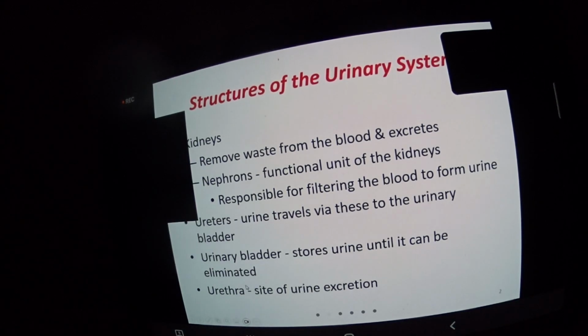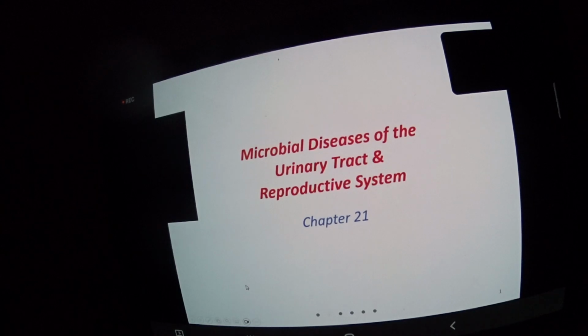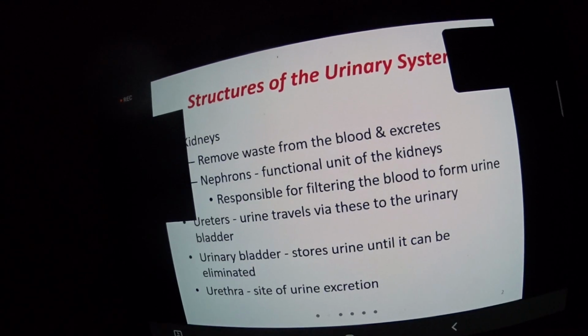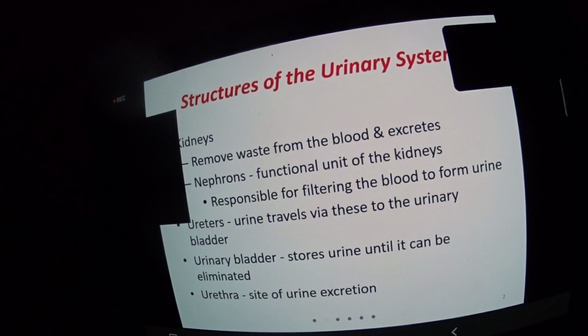Okay, so let's get started with our final chapter. It's the fun chapter. We're finishing it with a bang. So the urinary tract and reproductive system, or urogenital tract, because in most cases they are connected. Again, you don't need to know the anatomy and physiology part of it. I will present each of them to you separately. In this case, there are differences between males and females in regards to both of the systems.